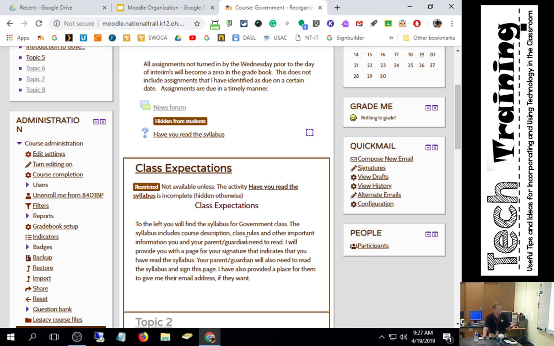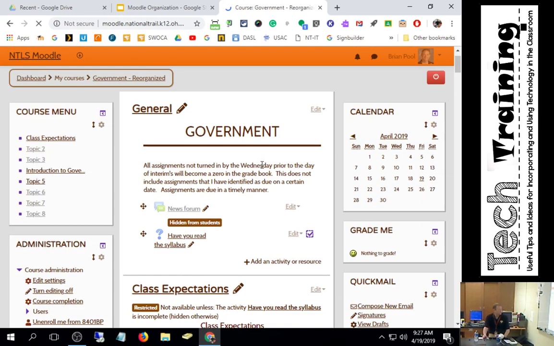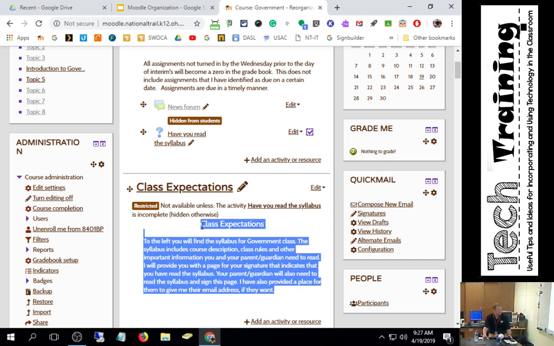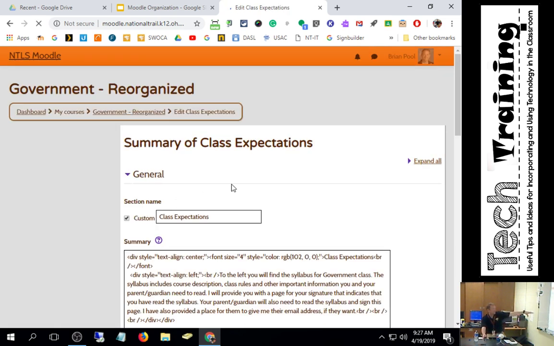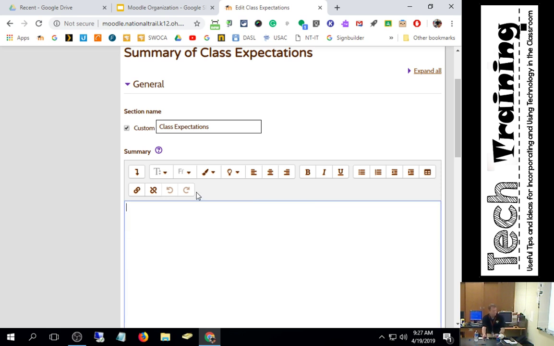And I'm going to say, when I said have nothing else up there, I'm going to turn editing on, and I'm going to go to this section. All this stuff here is in the header of this section, and I'm going to say it doesn't belong there, or doesn't need to be there if we want to clean it up. I'm going to copy that. I'm going to hit edit here, and you'll see that all that stuff is up here in the topic, and